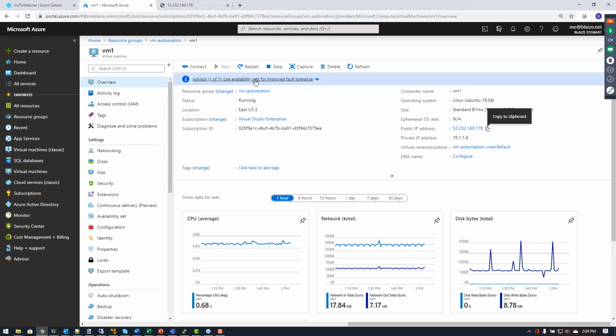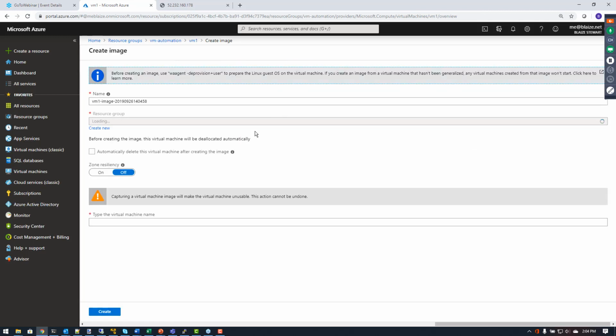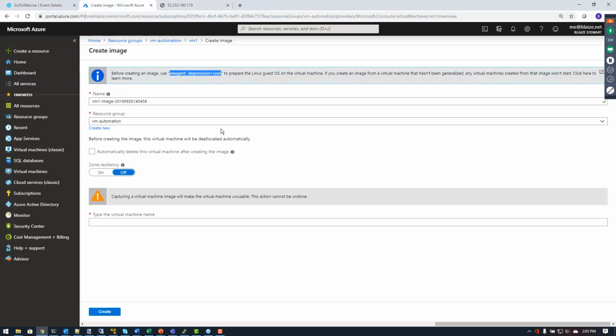So to do that, I can come over here in the portal, or you can do this from the Azure CLI or PowerShell as well with a command, and click capture. And notice that this is going to say, before you do this, run this command inside your VM, because this is a Linux VM. It's going to want me to run this command right here. So I'm going to grab that